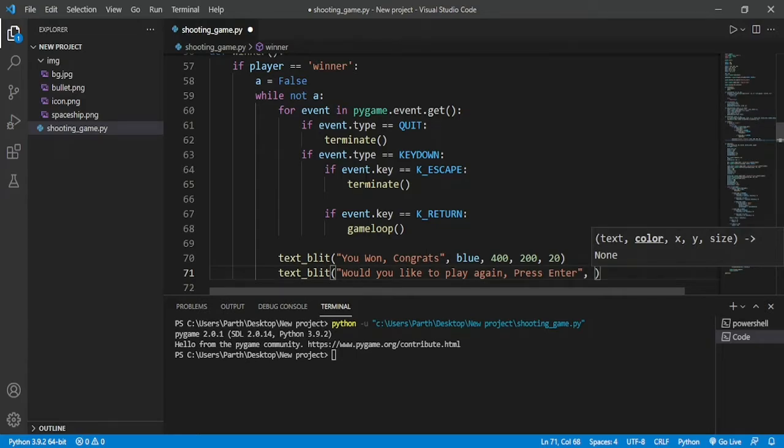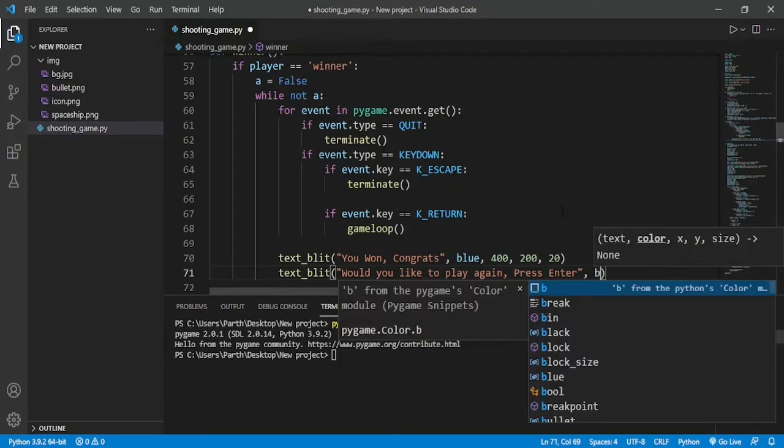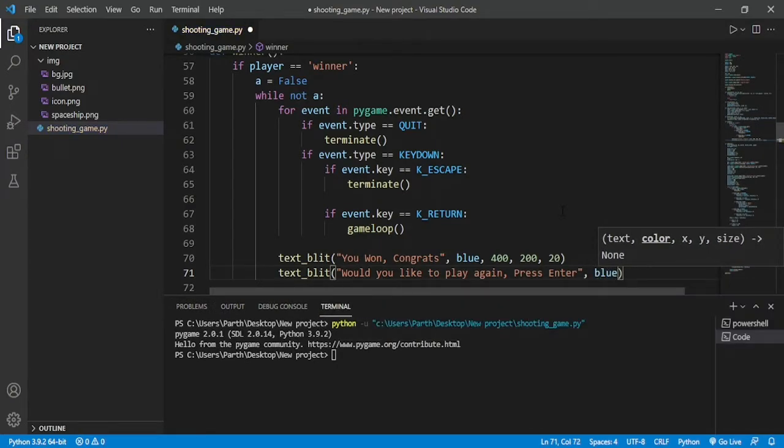That is why we have handled this enter key. Whenever somebody is pressing enter on a keyboard, our game loop is going to start, meaning it is going to restart the game. And over here we are going to pass the blue color, and x is going to be 400 and y is going to be 350. Size is going to be the same.